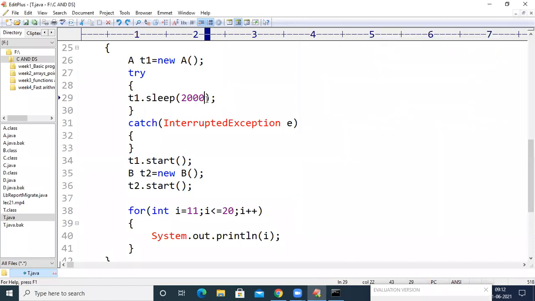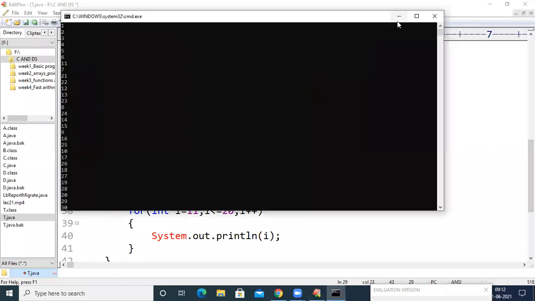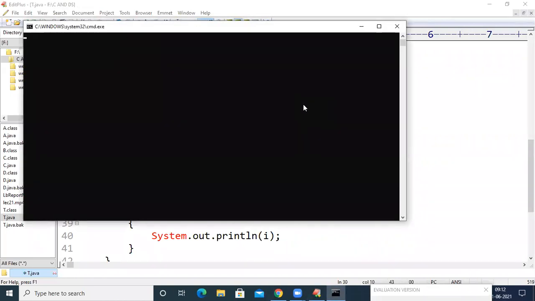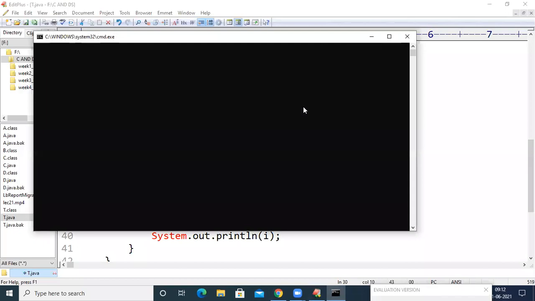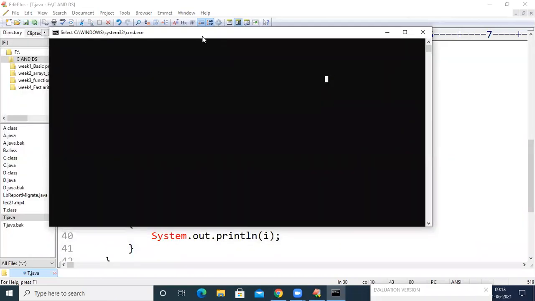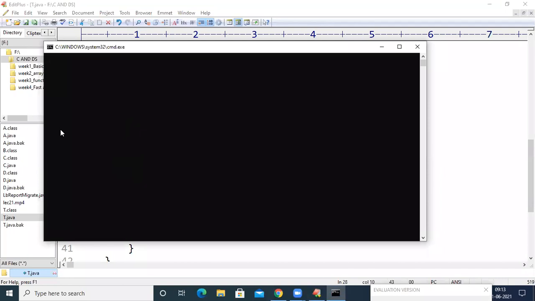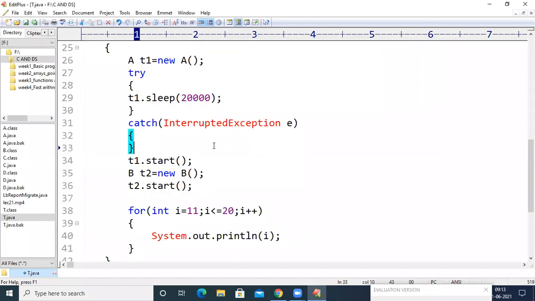For example, if I take 20,000, which means I have suspended the thread for 20 seconds, now if I compile and run the code, we are getting the output a bit late.